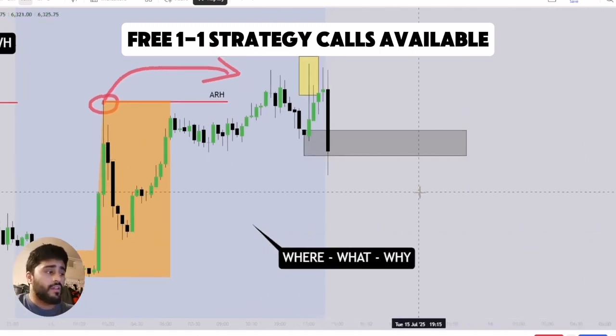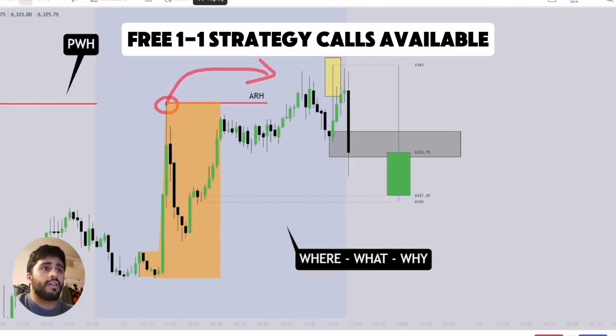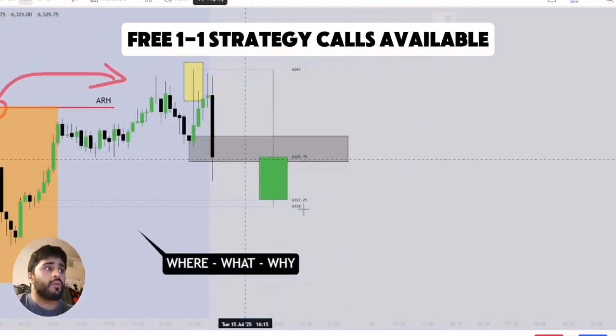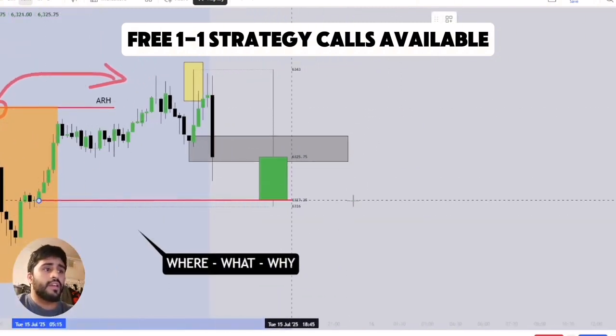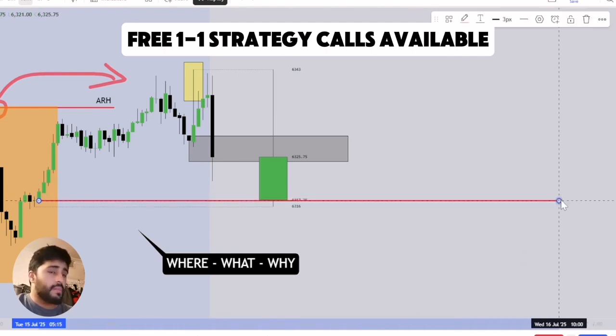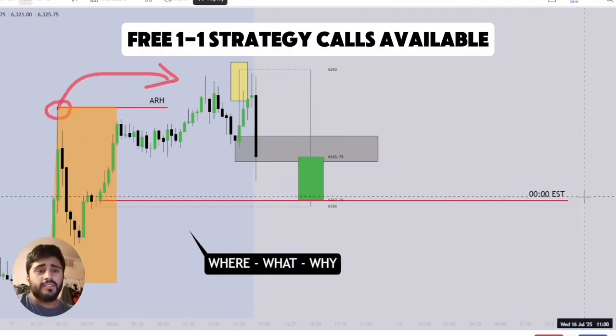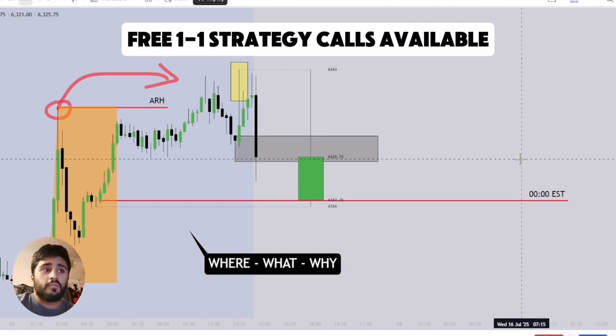That is the where. Another thing I want to focus on when it comes to the where is the power of 3. And so the power of 3, we know, right? We know this is the daily opening price. So this is the price at New York midnight opening price. So if we just put that in here, New York midnight opening price. This is the price when, I guess, the IPDA algorithm, or whatever you want to call it, resets, right? That's at New York midnight opening price.